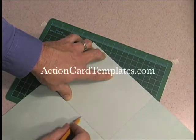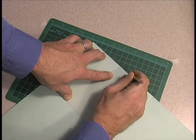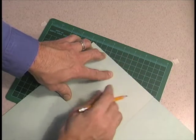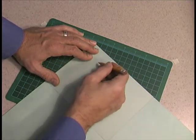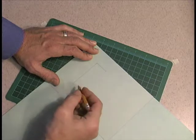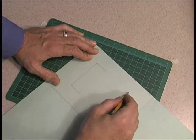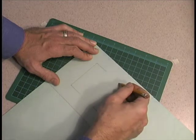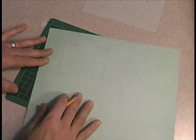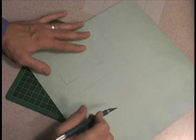The little V's are your score lines. There's some at the bottom and there's some at the top. And then on the inside of this template you want to trace your cut lines. You will cut these. I will cut these later. Once you have all the markings, you want to either use scissors, X-Acto, or